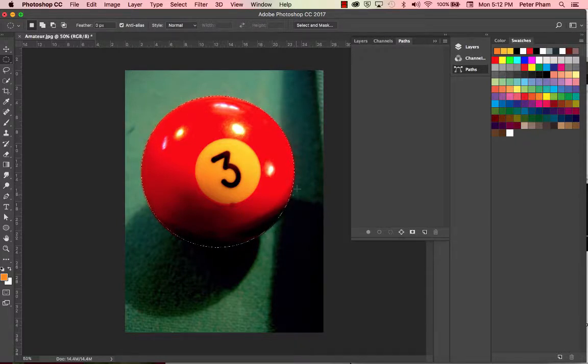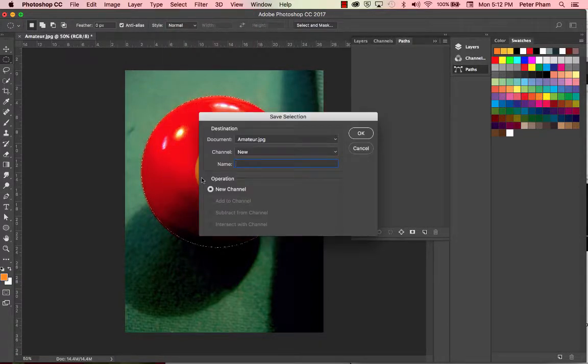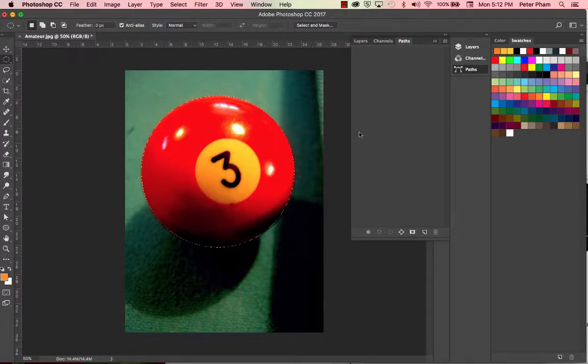And I want to save that selection. So I'm going to go underneath Select, Save Selection. And I'm going to give it a name. We're going to call it Pool Ball. Okay. And what you're going to see is that that channel is saved in the Channels